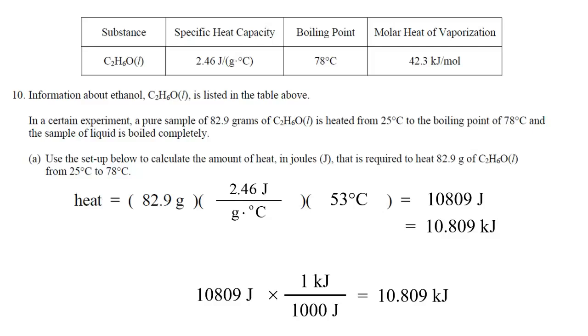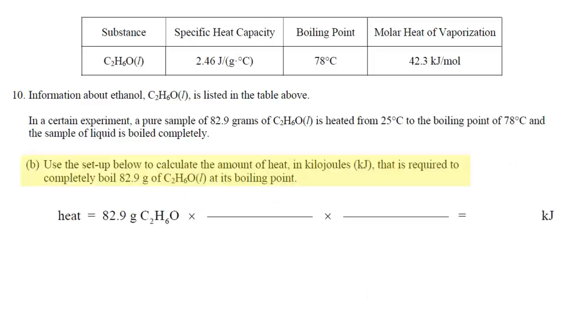Now, if that's the answer to part A and we're done with that, let's move on to part B, where we're going to be boiling this liquid. So use the setup below to calculate the amount of heat in kilojoules that is required to completely boil 82.9 grams of liquid ethanol at its boiling point. So there's that molar heat of vaporization. It takes 42.3 kilojoules to completely boil or evaporate 1 mole of ethanol at its boiling point. But if I want to go from grams all the way to kilojoules, then the missing conversion factor would be,